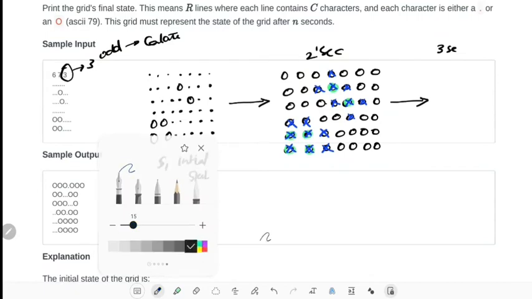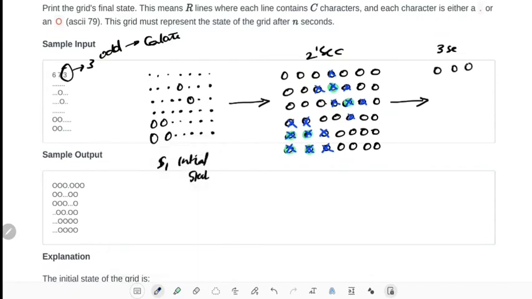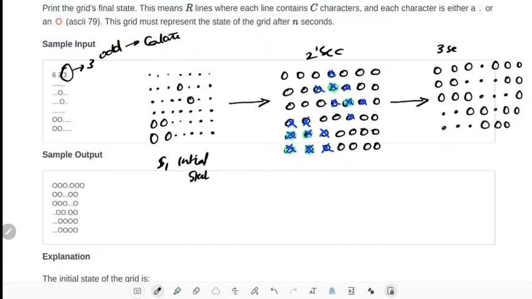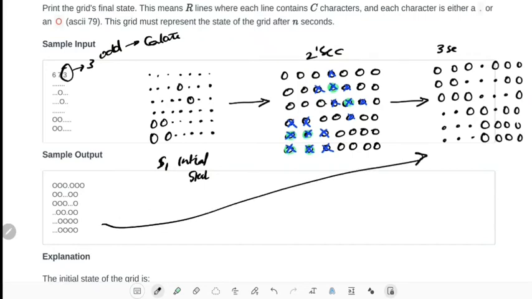So our new output will be like this: O O O dot, since it gets destroyed, and there is no chain reaction, so it won't propagate. Okay, see, this matches with this. So at time 3 seconds, this will be the output.